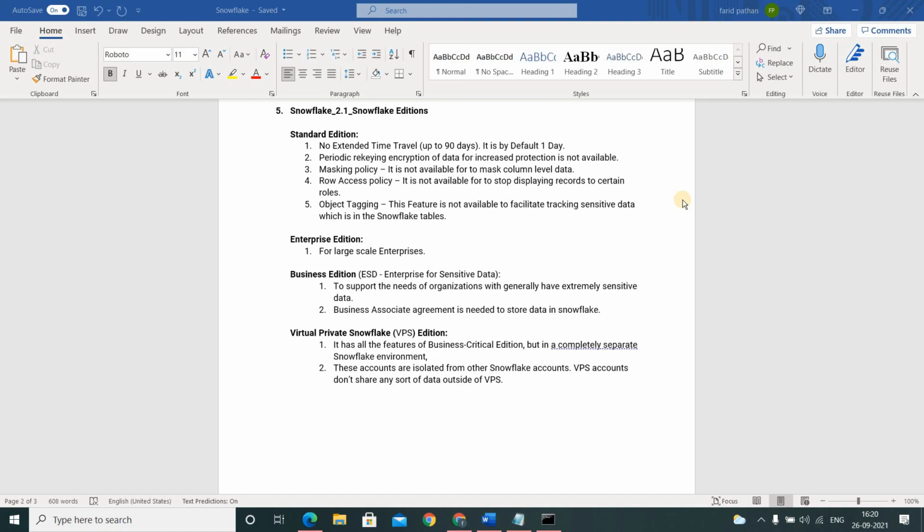And the fourth one is Virtual Private Snowflake Edition. It has all the features of Business Critical Edition. Infrastructure wise, it also shares the public cloud, but the Snowflake environment is completely isolated.